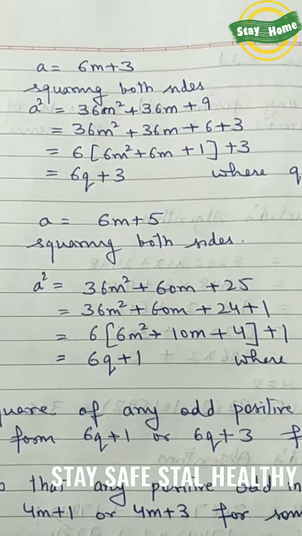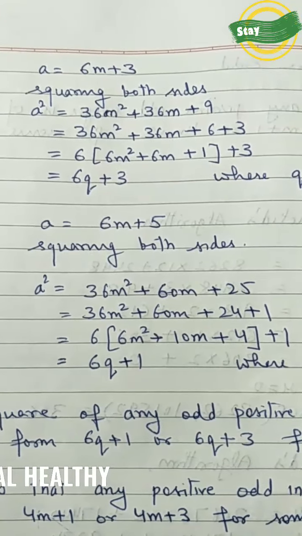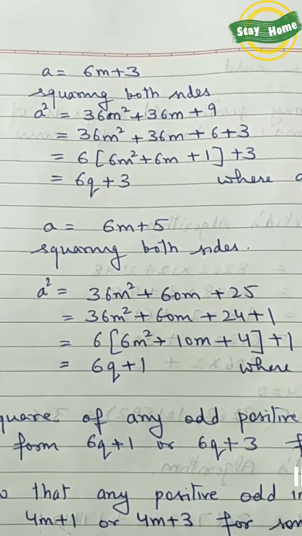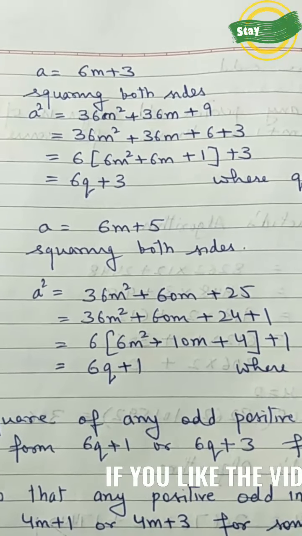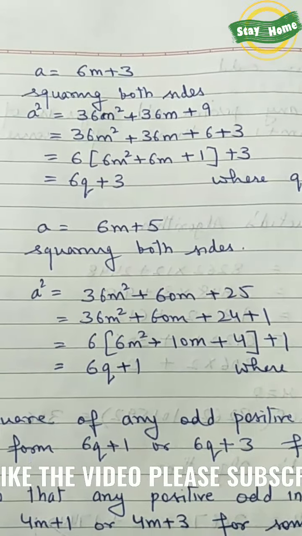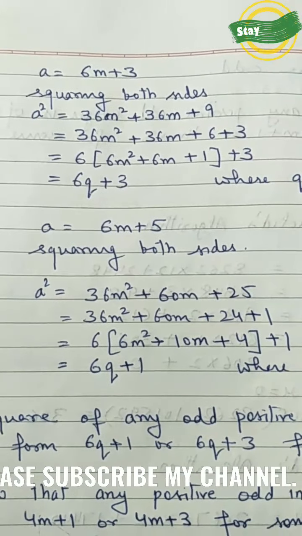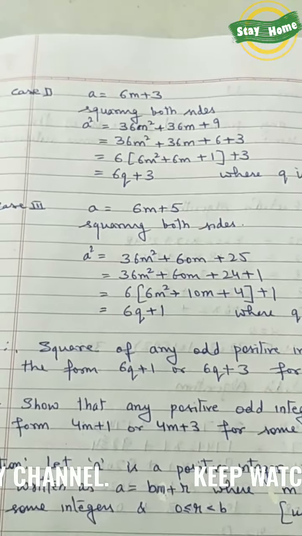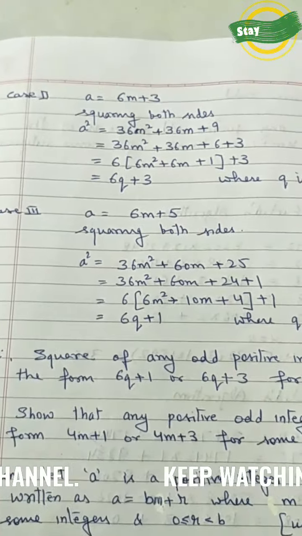Now here if you see, 9 is the constant term when we have squared, and 9 cannot be the remainder if we want 6 to be the divisor. So 9 we will write as 6 plus 3 and then we will take 6 common, right? The next odd integer is 6m plus 5, squaring both sides. Now the constant term comes to 25. 25 again is a big number, it cannot be the remainder. So we will write 25 as 24 plus 1, because we will take as many 6s as are possible. So this we will take 6 common, and this we can write as 6q plus 1.